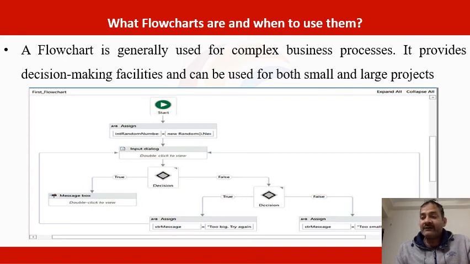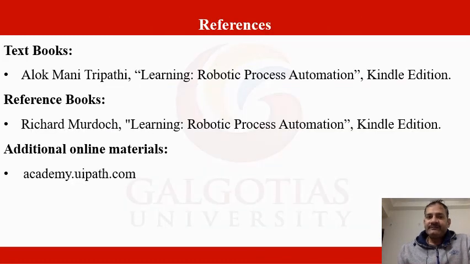What was that? That is sequence and flowchart. At a moderate level, if your problem is not so complex, you can use a flowchart. If your problem is complex, for example if you are using it for a very large organization or at a very large scale, you will definitely use the state machine. Otherwise, you can opt for sequence or the flowchart. I have already told you what a flowchart is and when to use it.